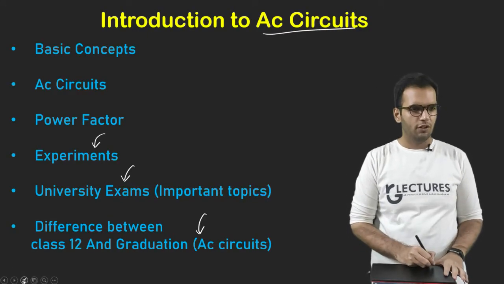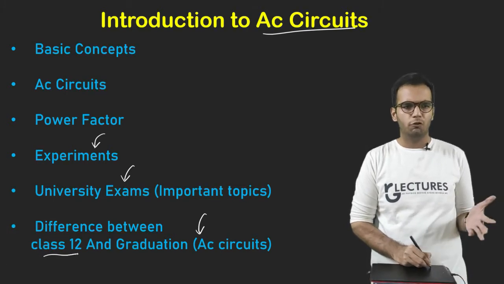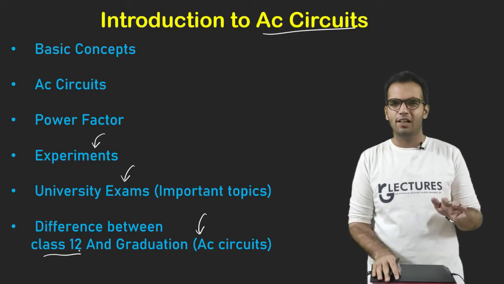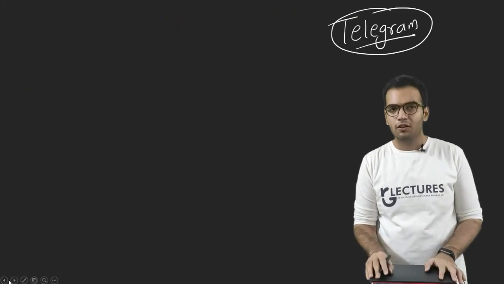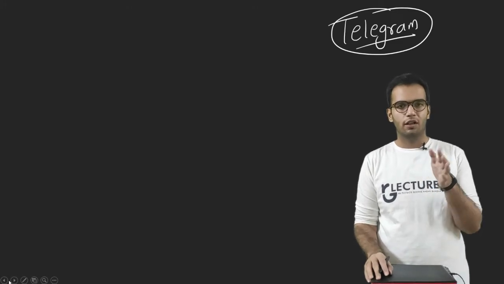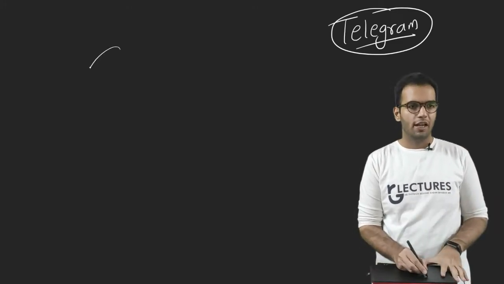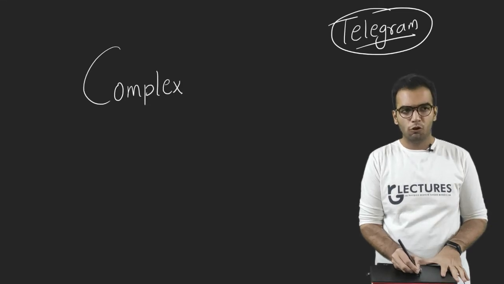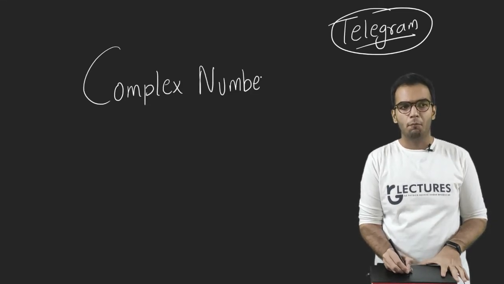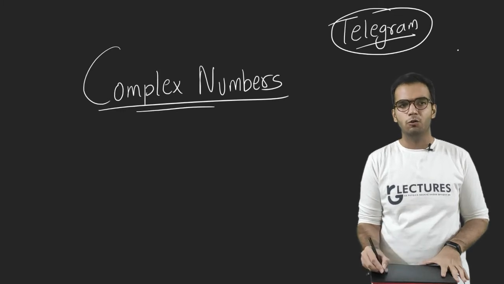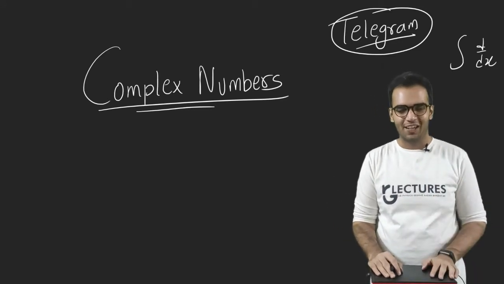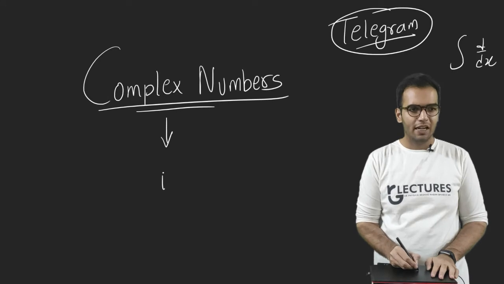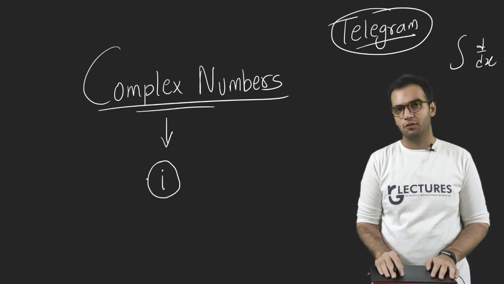Now many students will say, sir, this was a topic in class 12th also, so I know this topic well, so I can study it myself. That's very fine, but you know what the basic difference is? The basic difference between AC circuits in class 12th and in graduation is that in graduation you have to study each topic with the help of complex numbers. You cannot use integration and differentiation as you did in class 12th. You have to do each and every derivation by means of complex numbers.